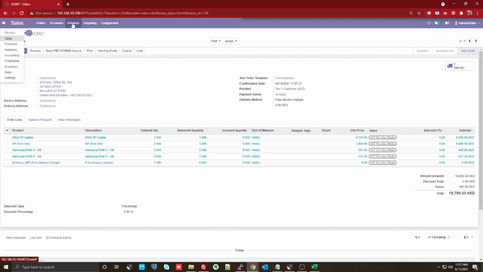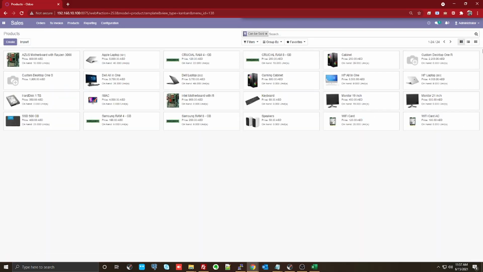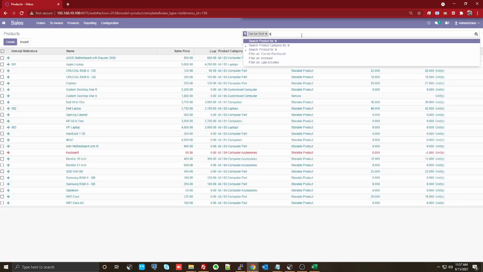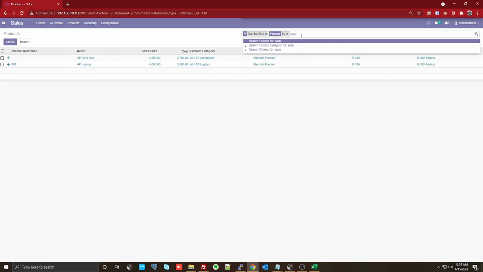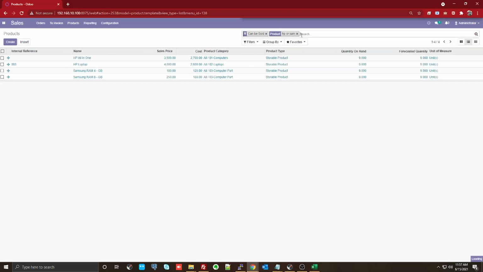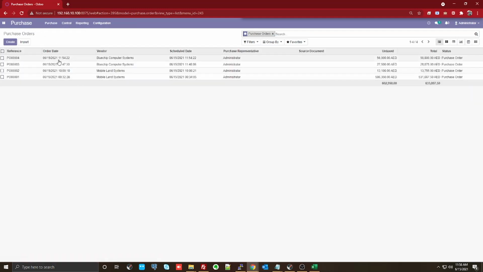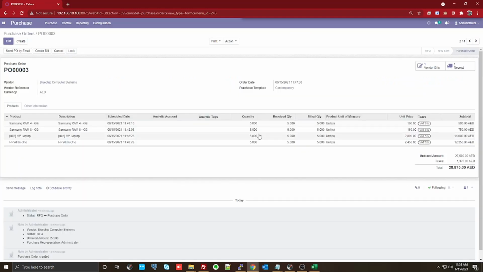So I have validated the shipment, and this time when you come back and look at your product costing part of it, you can see that the product costing would have changed automatically. So let's look into that. I'm going to take HP and Samsung, the same one, and boom, that's it. You can see that very clearly here. When you go to the purchase orders, and let's look at the first purchase order.